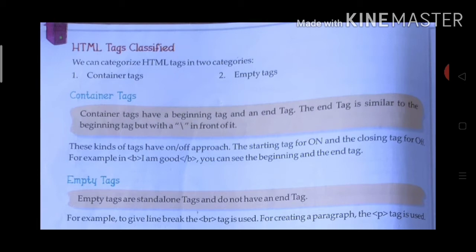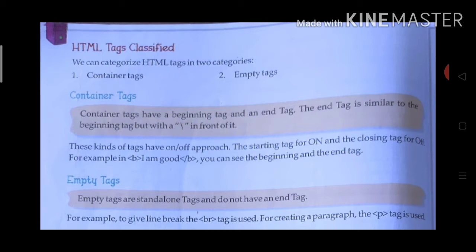Only one difference. To make your sentence bold you use the tag B in both places, but for the end tag you add the forward slash, up to where you want your sentence to be bold.